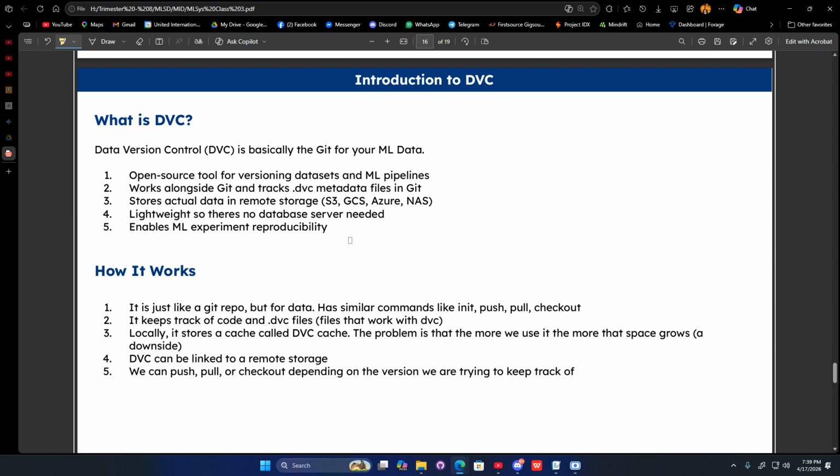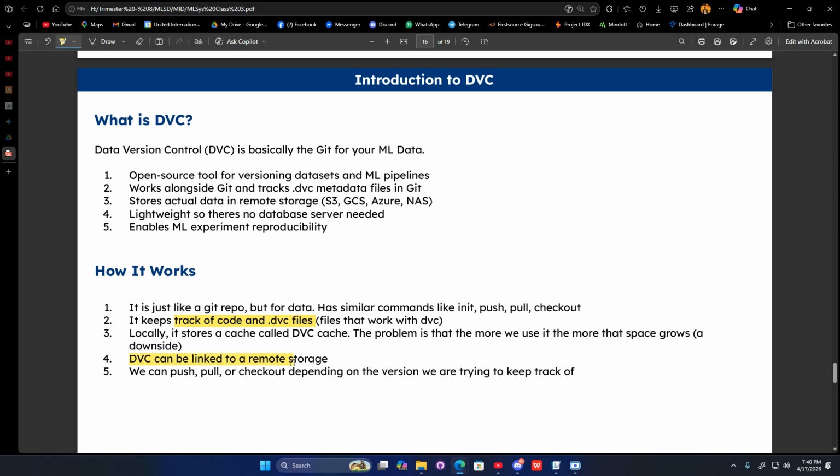But DVC solves this through this brilliant separation of concerns. When you track a massive data set with DVC, it doesn't actually put the data into Git. Instead, DVC generates a tiny text file, a .dvc file, that contains an MD5 hash. Right, which is essentially a unique fingerprint of your data at that exact moment in time. Exactly. You commit the tiny text file to your Git repository. And DVC secretly moves the massive 50 gigabyte data file into remote storage,